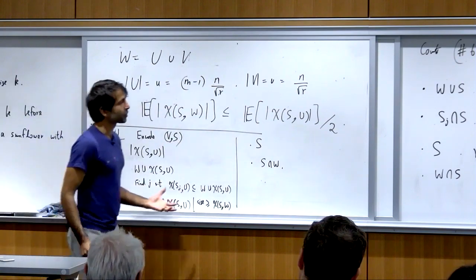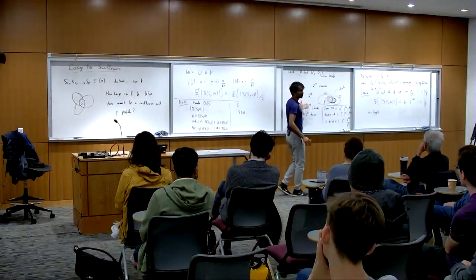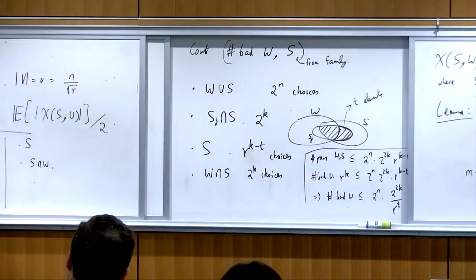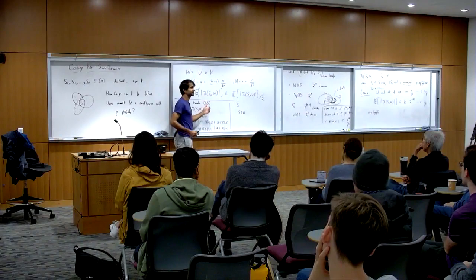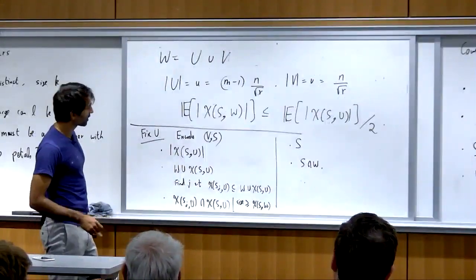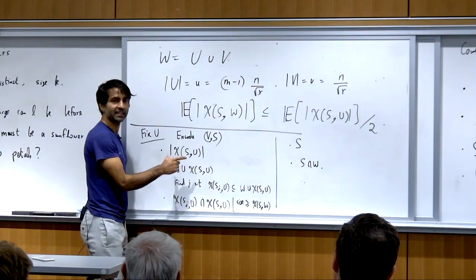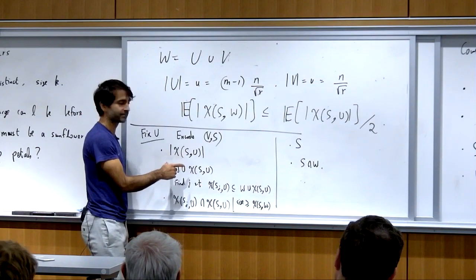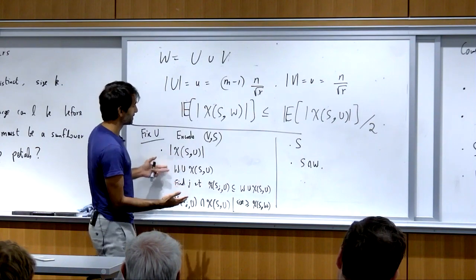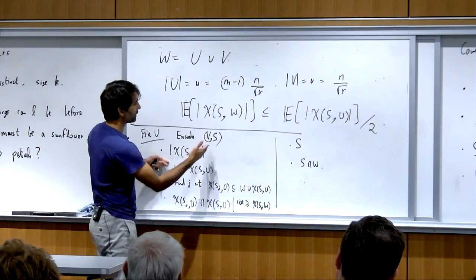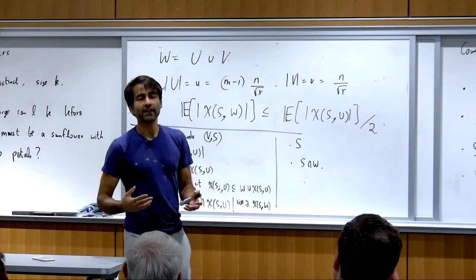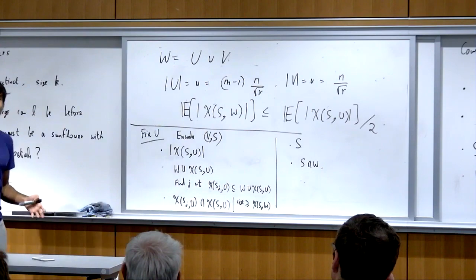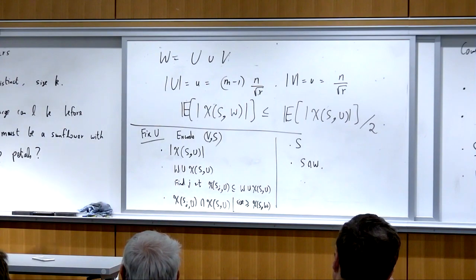The reason things are a little more complicated is that here we just did a counting argument. Here I can't just count the number of pairs V comma S, but what I can do is talk about the length in binary of this encoding. And what you can show is that if you have a set of size t, then to encode it using binary strings, you need on average at least log t bits. Okay, this is a converse to Shannon's noiseless coding theorem.